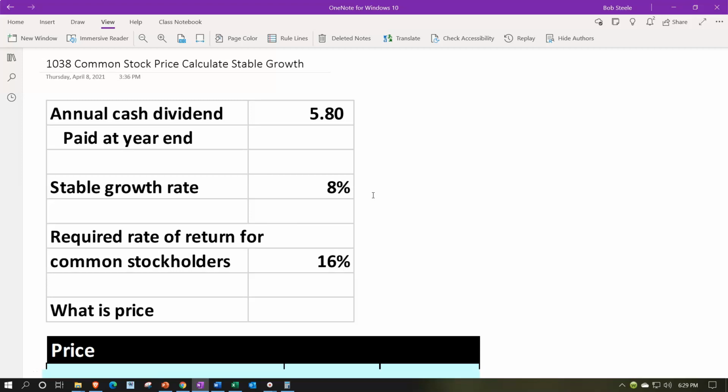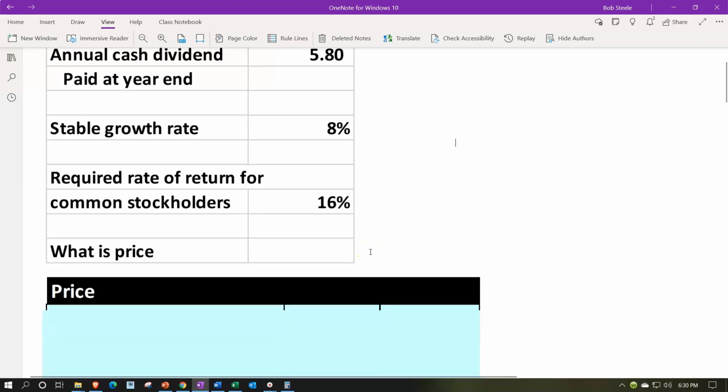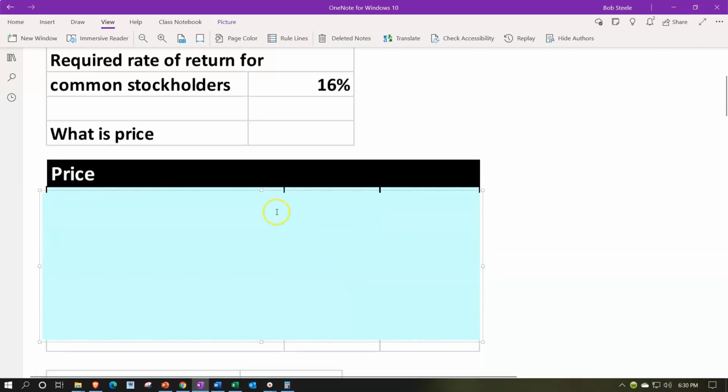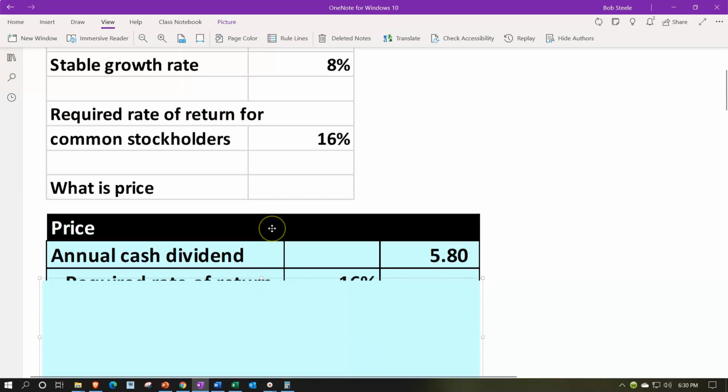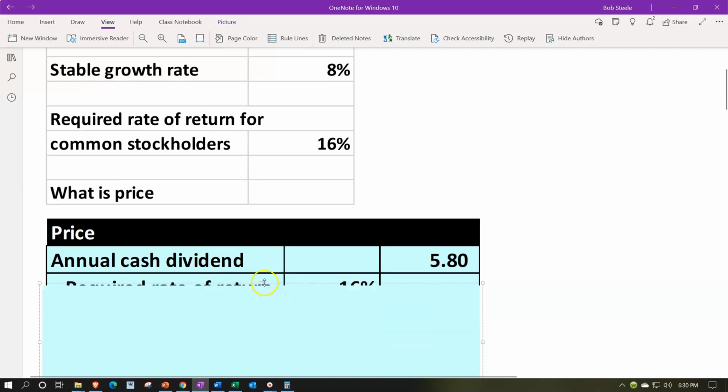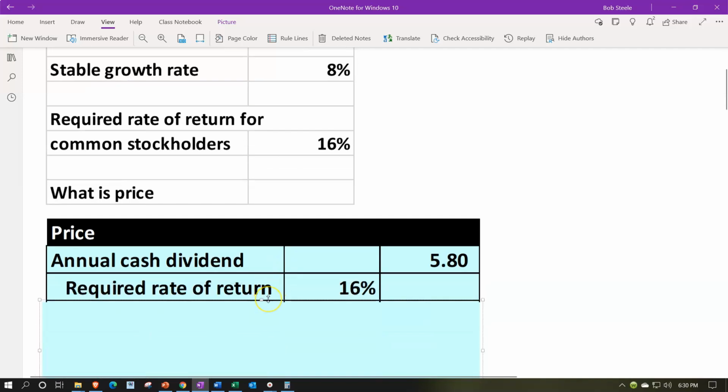Required rate of return for common stockholders. This would be basically determined by the market. The rate of return that is required is going to be that 16%. Given this information, how could we calculate the price? We're going to take the annual cash dividend, that's going to be the 5.8, and then we're going to take the required rate of return, which would be the 16%,